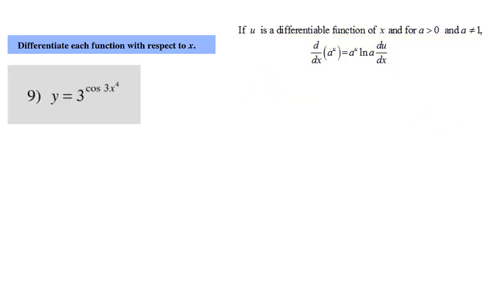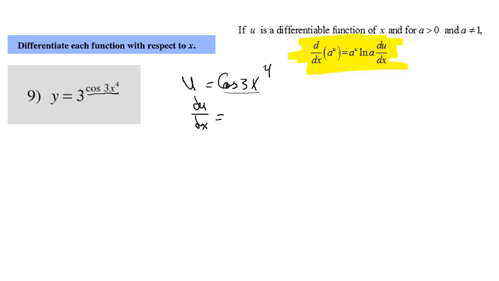Differentiate each of the following with respect to x. y is equal to 3 to the power of cosine 3x^4. So we are going to assume that the power here is u. So it's written in the same form as the one to the right. The derivative of a to the power of u is equal to a to the power of u multiplied by ln of the base, multiplied by the derivative of u. So let u be equal to cosine 3x^4. So du/dx is equal to